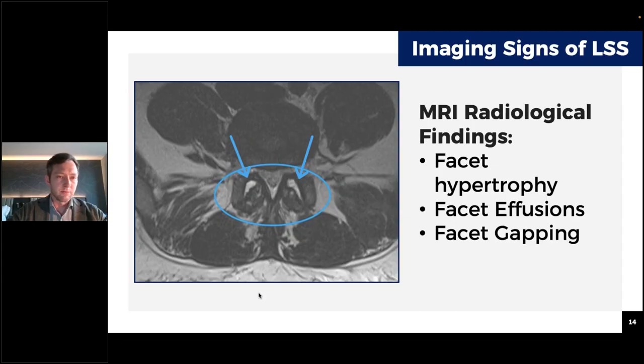As you go to a point where the thecal sac is compressed to the point that there is not a whole lot of intervening fluid, you're getting into the range of moderate. And when you have no fluid visible whatsoever, then you're definitely in the degree of severe or even extreme spinal stenosis. And so we can see in here, again, this is a nice example of moderate to severe or even severe spinal stenosis, because we really can't see much of a CSF signal along with the nerve roots. These are all clumped together.